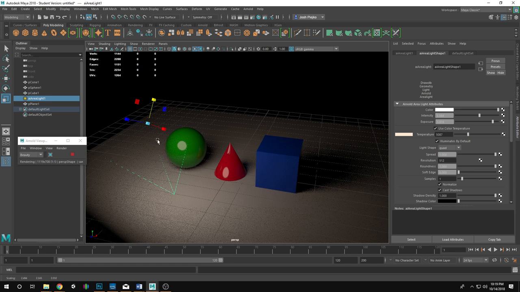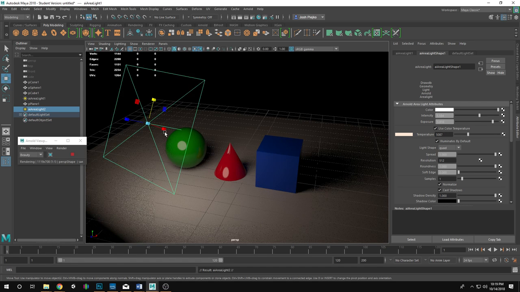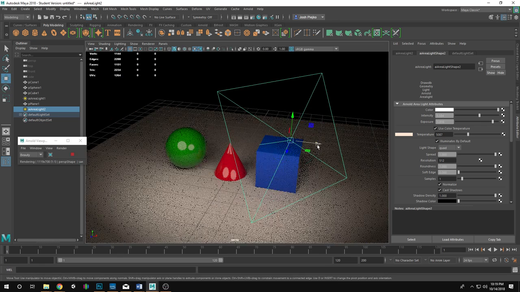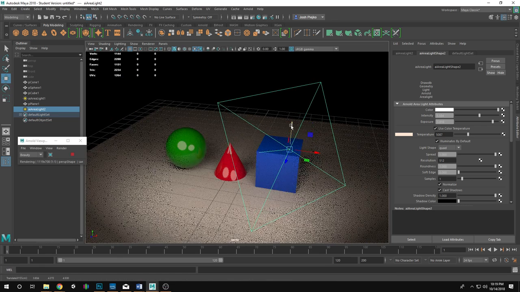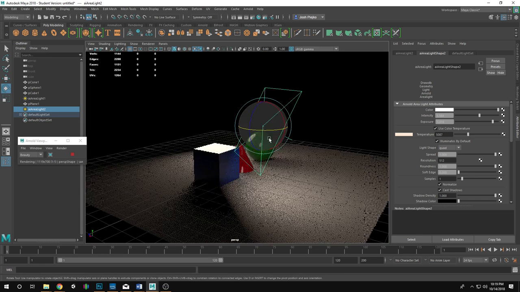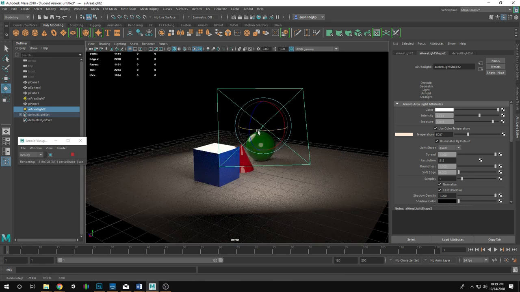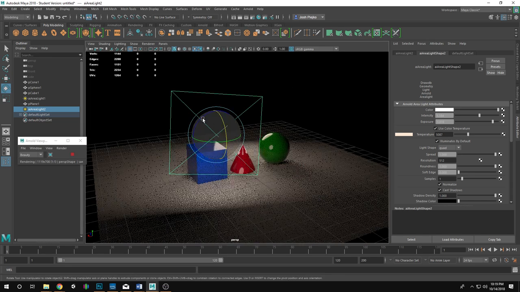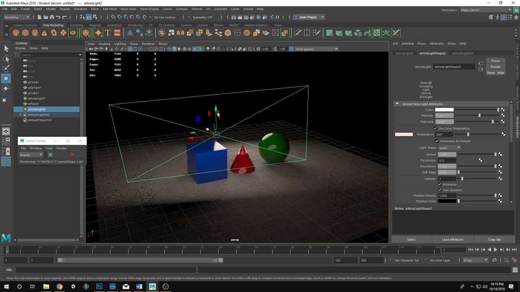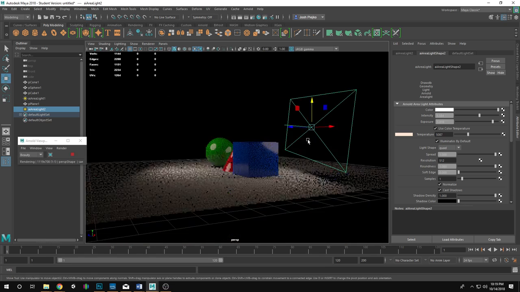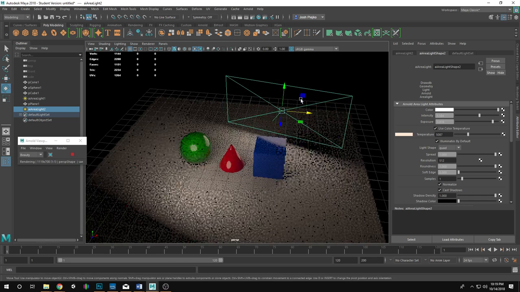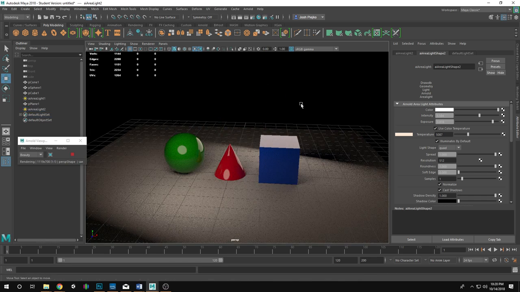I'm going to keep this. I'm going to duplicate that light now and move it over. So now I have two lights. I'm going to move this behind my scene, and I'm going to make it more rectangular, and hopefully get it so I can get some